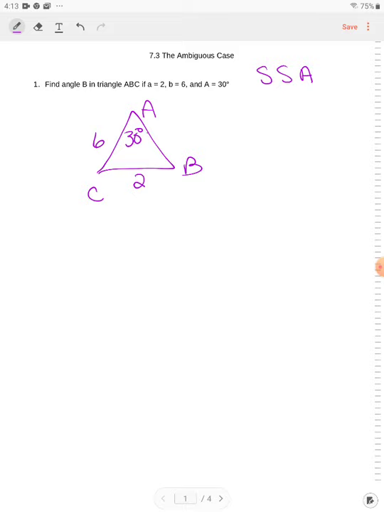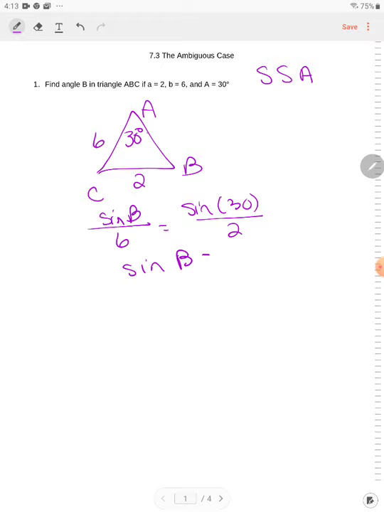If I have an acute angle, because I'm not sure how the triangle is drawn, I can actually have the possibility of two different answers. So we will always assume two answers if the angle that we find is acute, that is, less than 90. So sine of B divided by 6 is equal to sine of A divided by 2. So sine of B is equal to